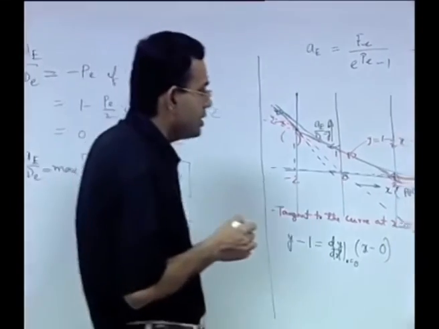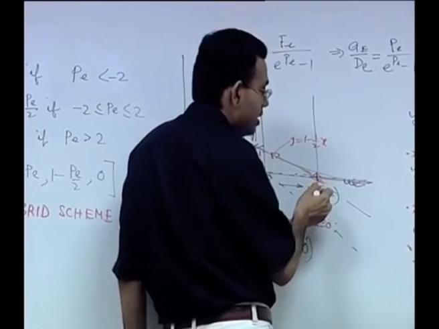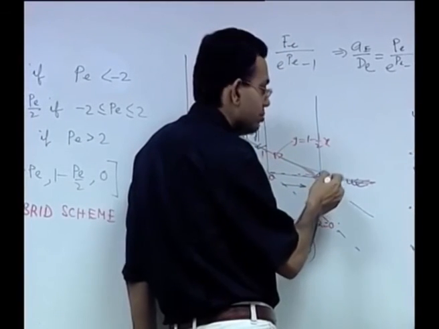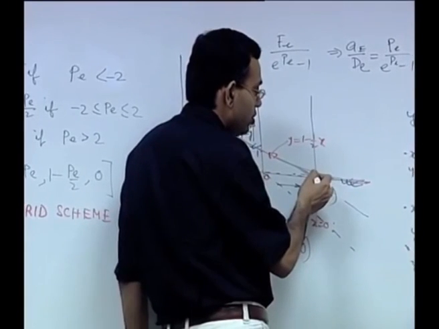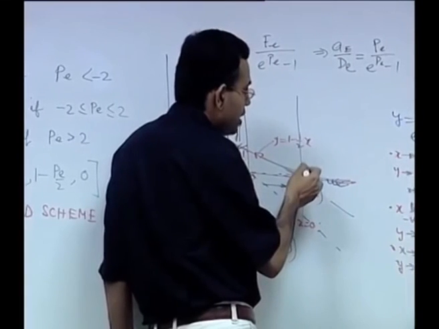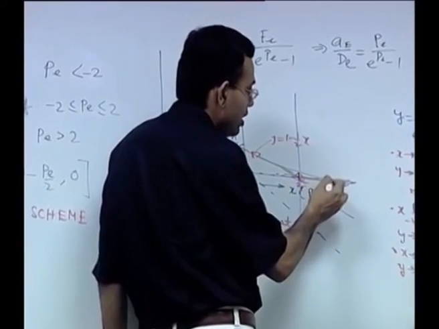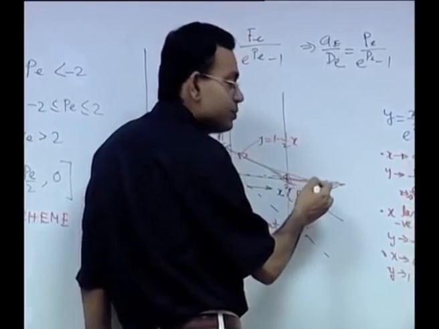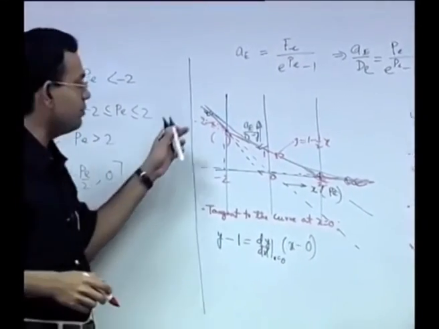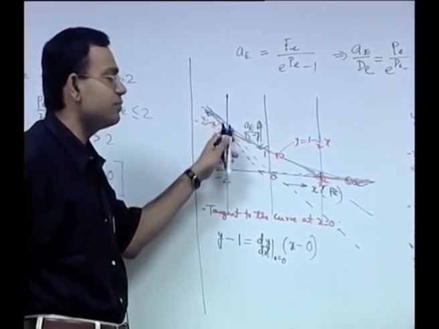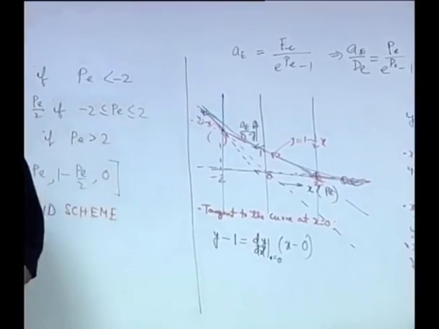But the only problem is that it sets the diffusion to 0 at Peclet number equal to 2. Beyond that you have A by D equal to 0, that means the diffusion is set to 0, whereas in reality it does not do so at such a small value of x, it does so at a value of x which is somewhat larger than this one. So a better solution may be a different curve fitting of this function, not just a piecewise linear representation, that we will see in the next class. Thank you.